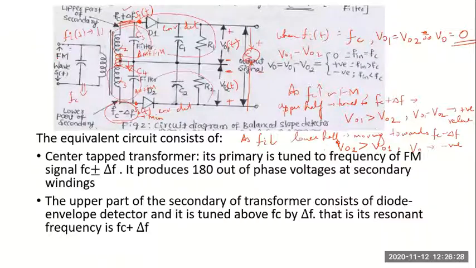But if there is a slight mismatch in the working, say the upper slope circuit gives a small output and the lower one doesn't give anything, so that won't give us the correct output. So there should be perfect matching between the two slope circuits and the envelope detector parts. If not, there will surely be distortion in the output. So that's the second disadvantage.